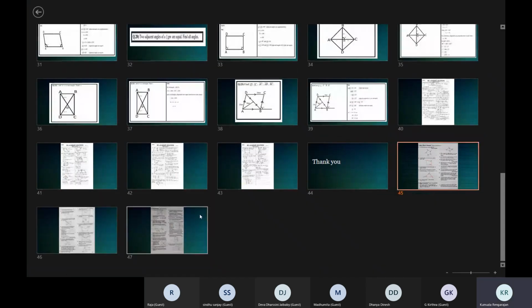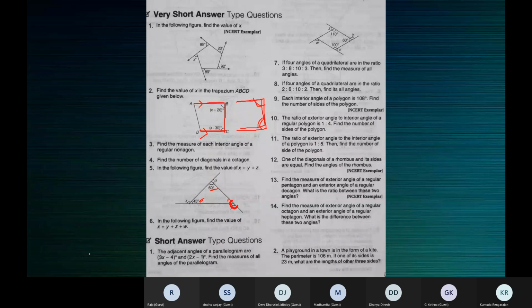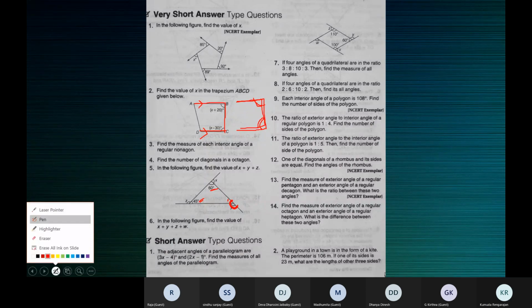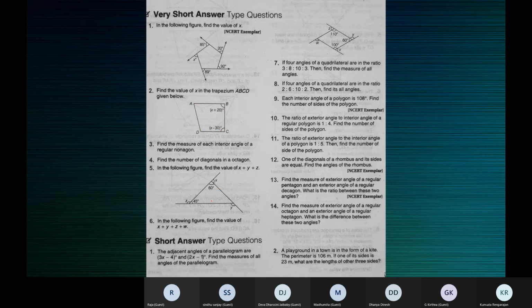This is the exterior angle. This is its interior angle. Leave that. This exterior angle will be equal to the sum of these two interior angles. There are three interior angles. Leave the interior angle which is just next to the exterior angle. Leave this angle. There are the remaining two interior angles, no? So this exterior angle will be equal to the sum of these two angles, 60 plus 45. So y is equal to 105 degrees.